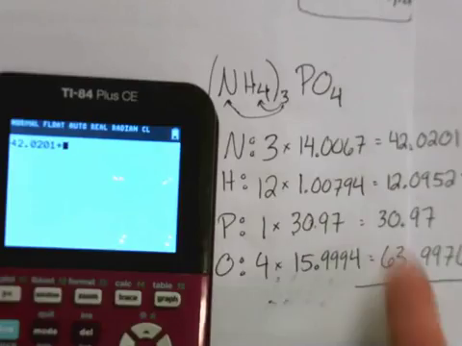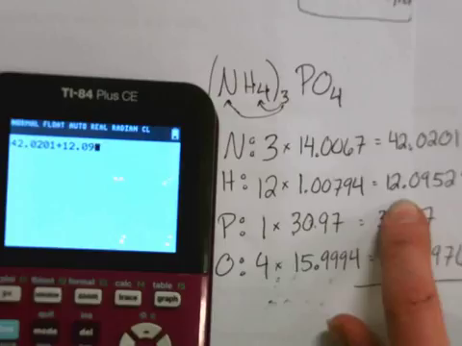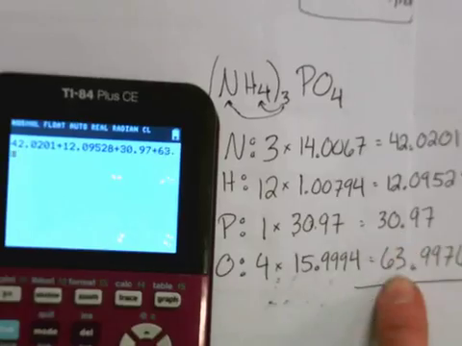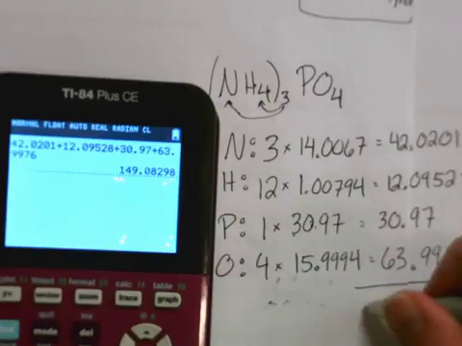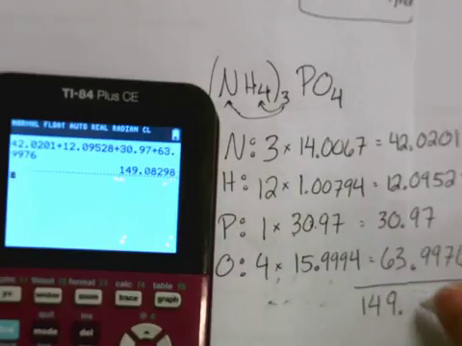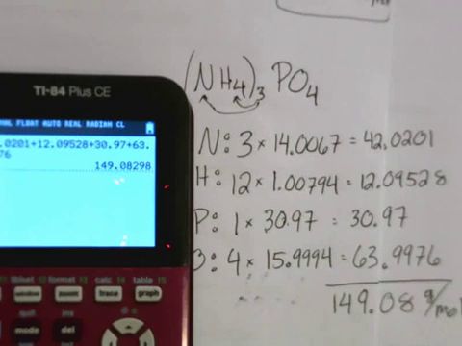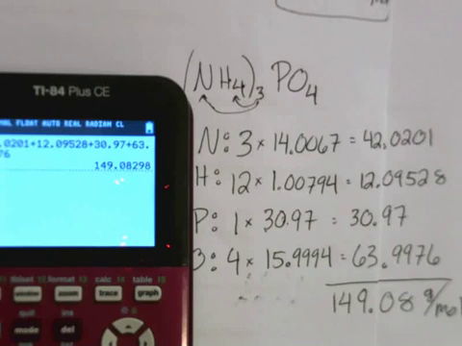So 42.0201 plus my 12.09528 plus 30.97 plus my 63.9976. I get an overall molar mass of 149.08. I could carry the 298 extra digits more than we need. I could round this to 3 or 4 digits to be 149.1. Again, keep in mind we've got our